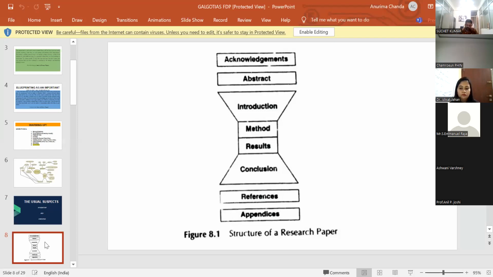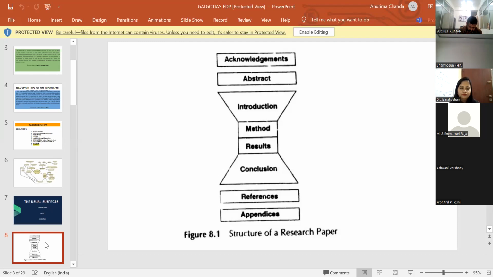But if you see, the introduction looks like an inverted pyramid, and the conclusion looks like a proper pyramid, a proper triangle. And this is something very interesting, something that I struggled a lot with as a research scholar, because we were taught to write the introduction in flowery language, giving the background and delving into the topic and giving a lot of information, which I was shocked to realize is not at all required. The introduction is not the place to go into all those details.